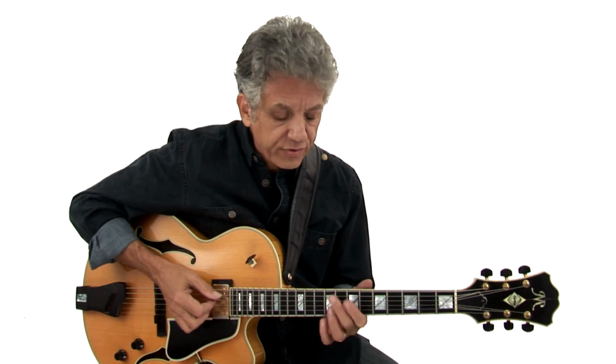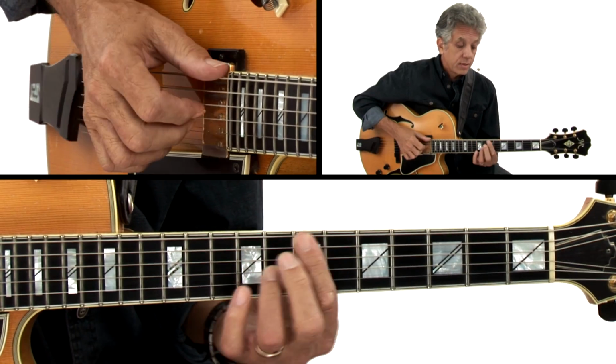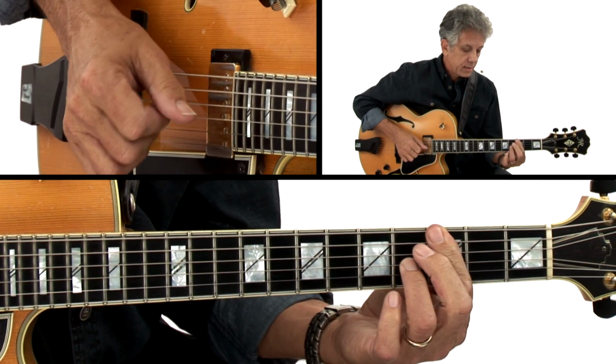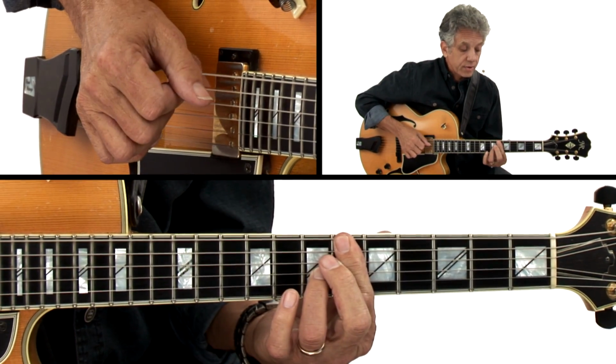So this last example gives you an nth degree version of many of the different things that are possible as far as making a blues progression almost unrecognizable. This one starts off on F sharp 7 and goes around the circle again. B7, D, C, F. So that's the first 4 bars, and then we land on the 4 chord, B flat 7,